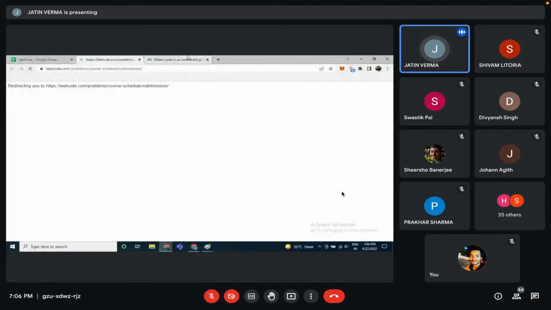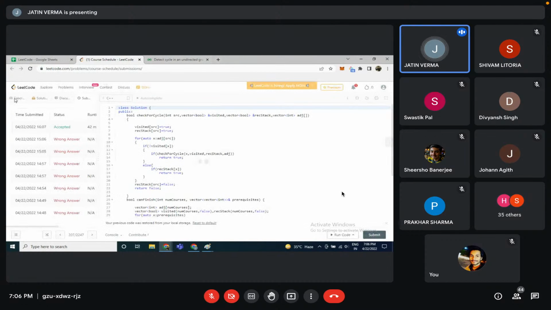So this is the approach. Like now the question which can be framed. So this is a question on LeetCode. So the main thing used here is detect cycle in the directed graph. But the question which is there is,